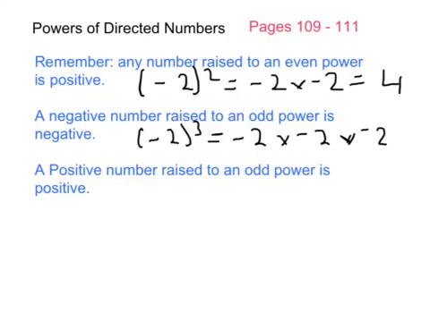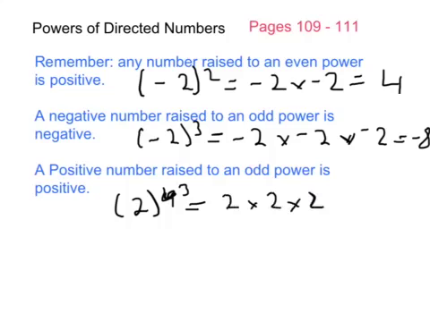Okay, a positive number raised to an odd power is positive. So it doesn't matter what the positive number is. If it's 2 to the power of 4, sorry, an odd power I said, so 2 to the power of 3. That's simply 2 times 2 times 2. And notice I haven't bothered putting in the positive signs, they're not needed, even if my question was like so. And we know that that is equal to 8, and we don't really bother with a positive sign right there. Okay,